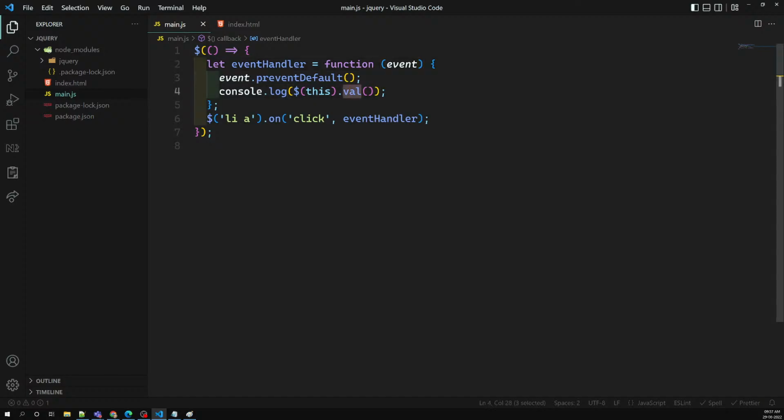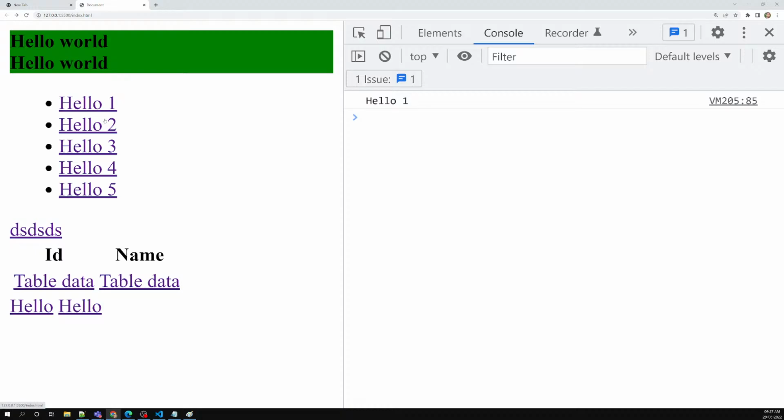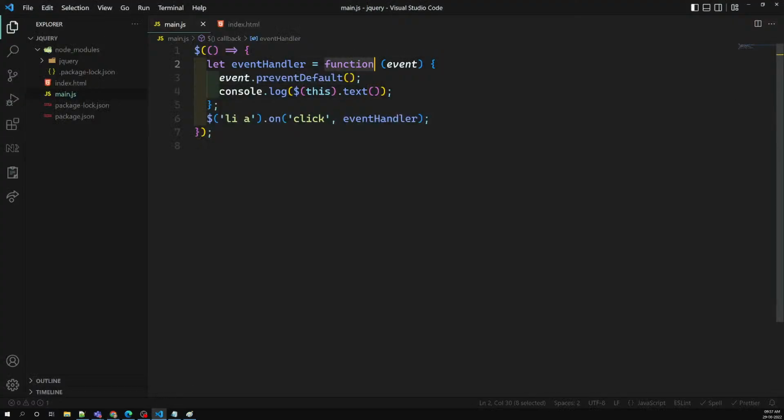Not a val, so this one is not an input element, right? So .text. Now if I click on this one, I am able to get the same thing. Here I am trying to use a function, the normal function syntax, so this will become li of a. Now here if I try to print this,